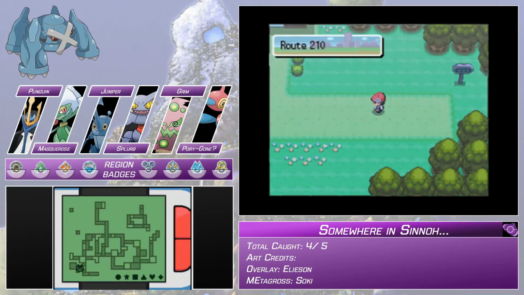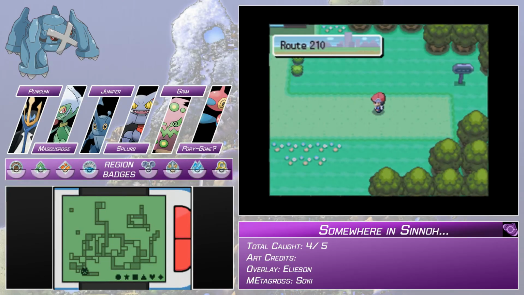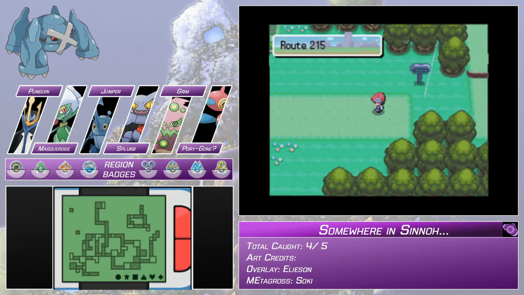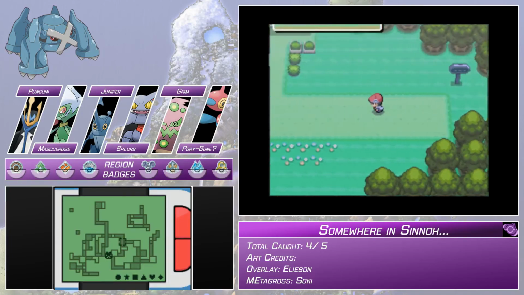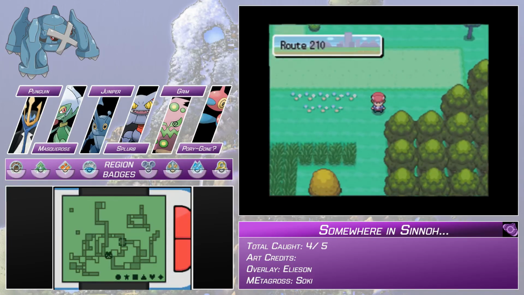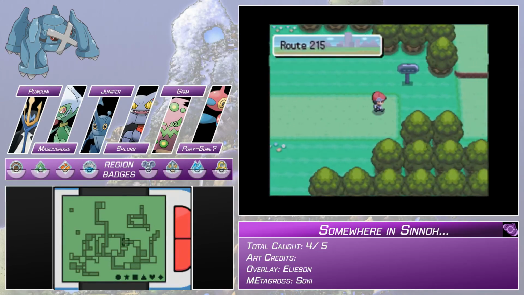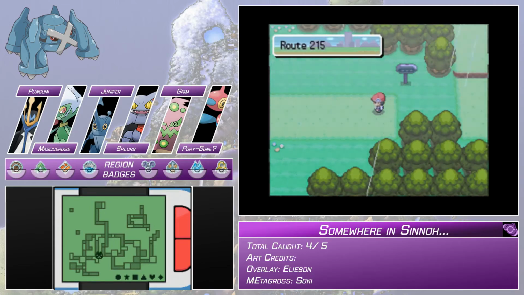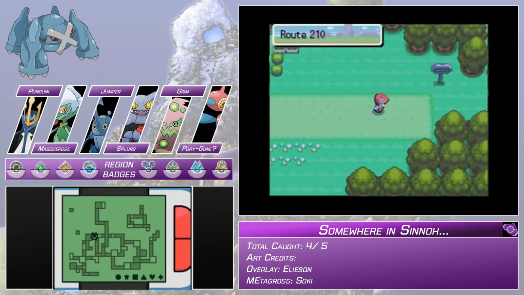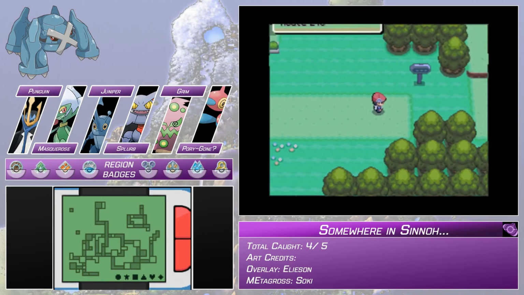I've never actually used Heracross in this game before, or in Gen 4 in general, outside of the Gen 2 remakes. I have not used Heracross, and the reason was because of the honey mechanic. I do not like the honey mechanic. Speaking of, is that tree moving yet? Not yet. Okay. Heracross is the second rarest Pokemon that you can find using the honey trees, and I thought it was going to take